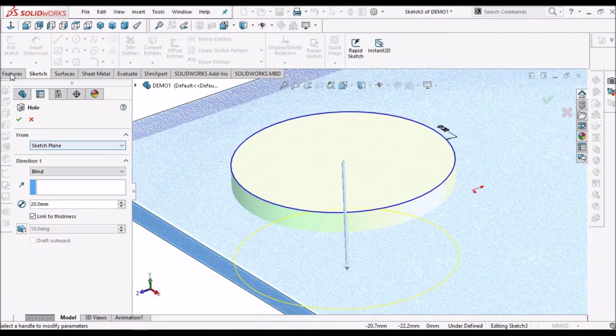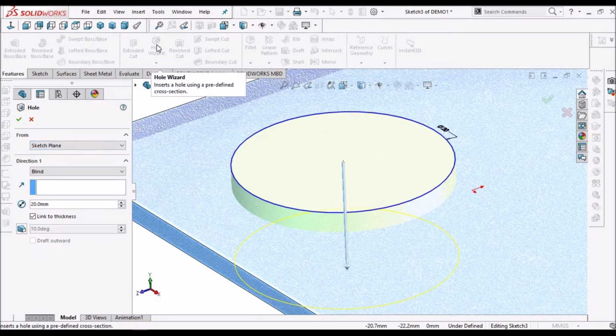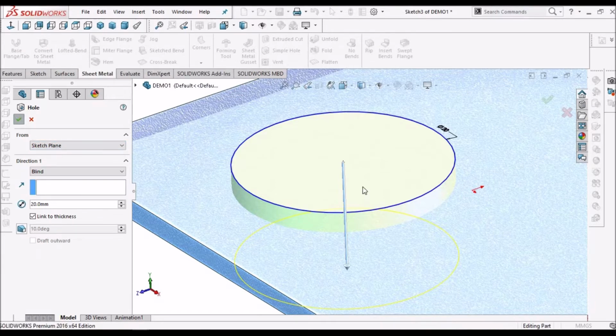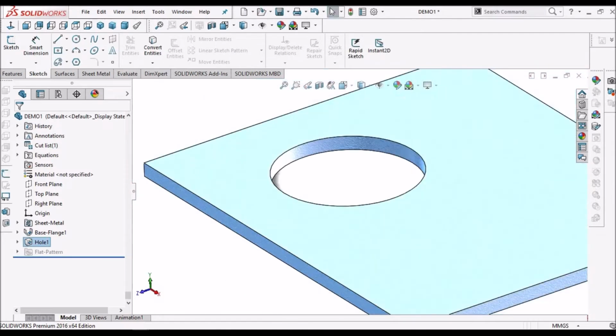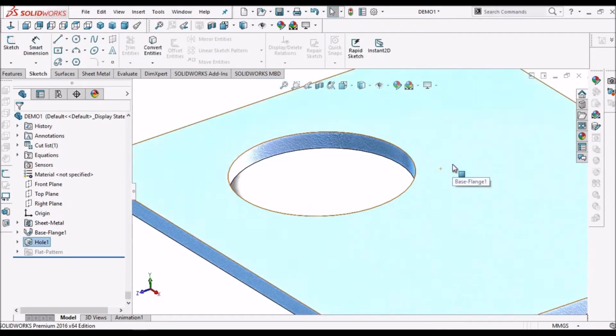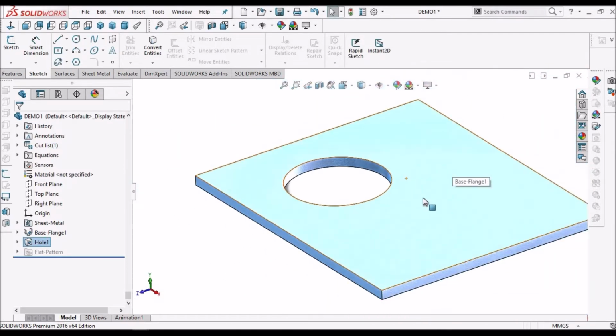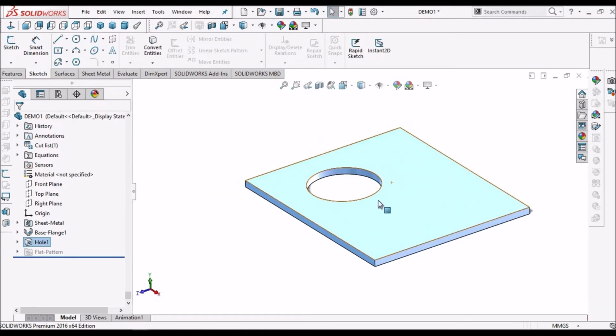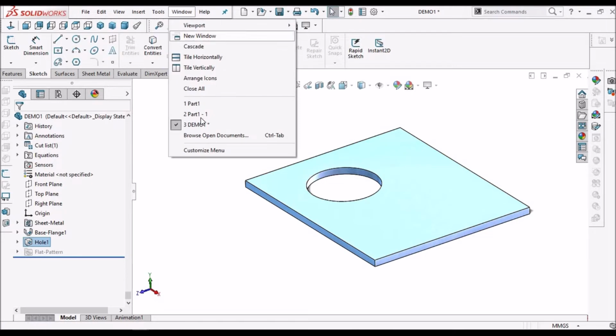These are similar to hole feature in solid modeling. So this feature is very easy to create, but we have to consider many factors while creating a hole feature on sheet metal. Let's see.